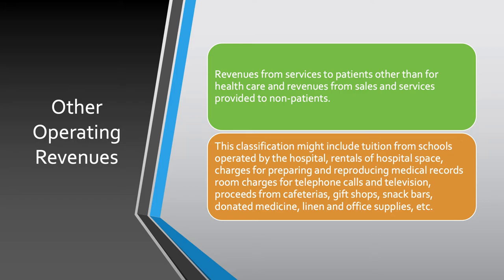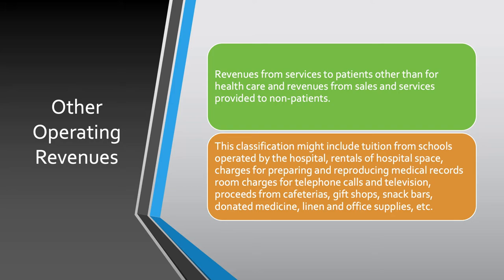So para siyang hotel na may mga shops at the bottom part. All those sorts of stuff can actually generate revenues for the hospital, and that could be under the other operating revenue. So rentals of hospital space could be that, and then charges for preparing and reproducing medical records,